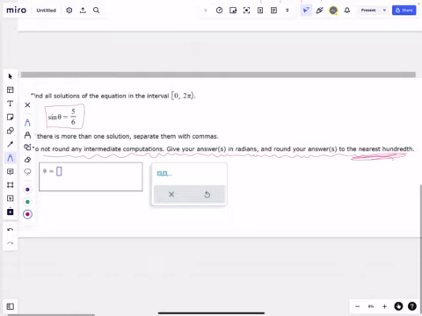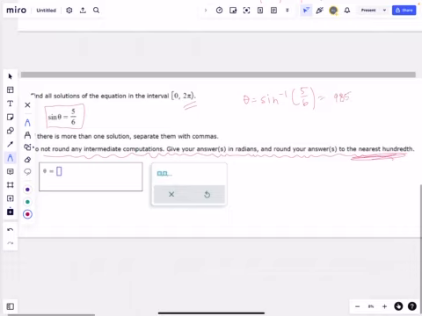So there's a couple of things that we'll need to do here. One is we're going to get our principal solution right straight from our calculator by just taking the sine inverse or the arc sine of 5/6. And we want to make sure that our calculator is in radian mode and then see what comes out. Okay, we've got arc sine of 5 divided by 6. All right, and my calculator is saying that's